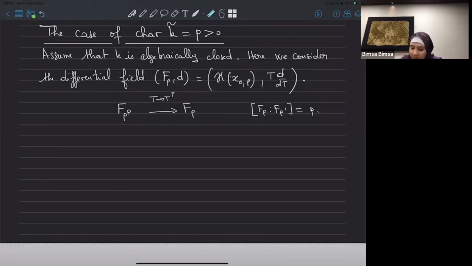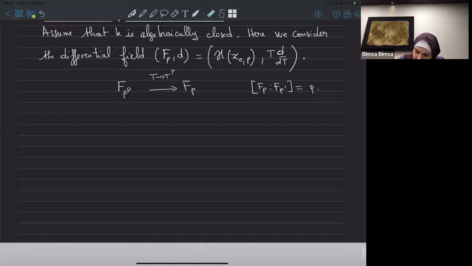If it is a point of type 2, then the extension is not separable, and if it is of type 3, even in that case, the extension is not separable, and that's why it's not a tamely ramified extension. The point is that here, if I have the derivative d,